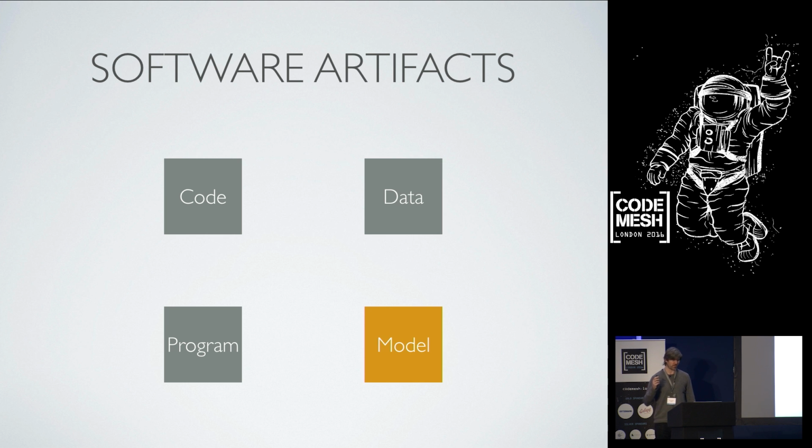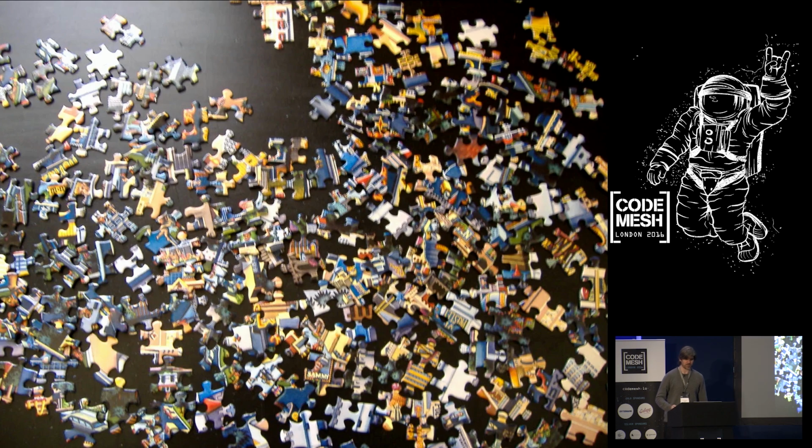Okay, so software artifacts. I've tried to explain some of the differences between machine learning models and what we think of as traditional software artifacts. But so far we just have a bit of a mess on the floor. There are problems, and there aren't really good solutions. And I think,